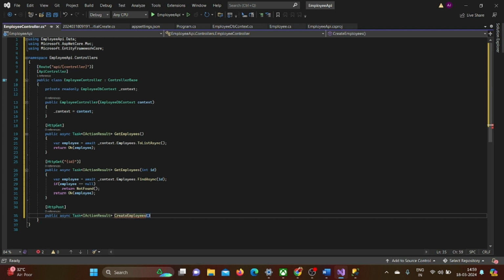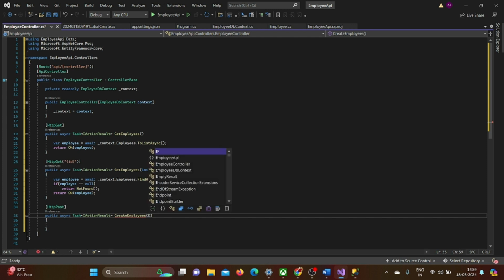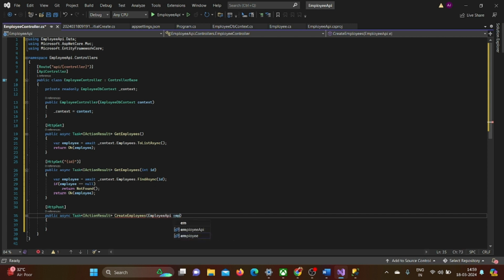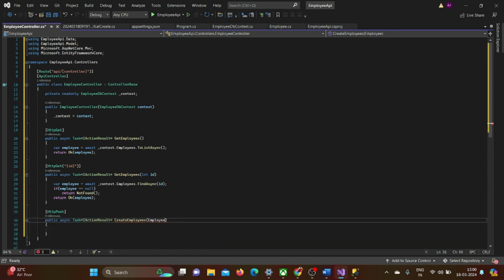In create employee, basically we will be passing an employee type. We will pass the employee model here which we want to create,